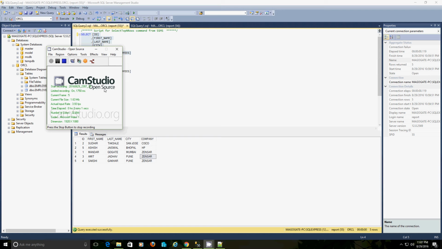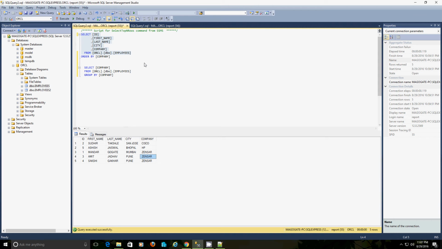Hello all, in this video we are going to see how to create flat files dynamically using SSIS as well as in Informatica. To validate that, we are going to load records from this employees relational table, which is a SQL Server table, into three different flat files based on the company name. Since we have three different companies, our output should have three different flat files.